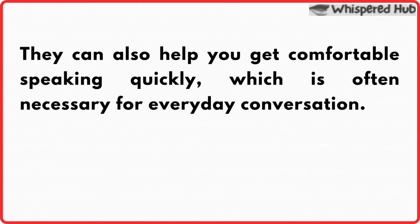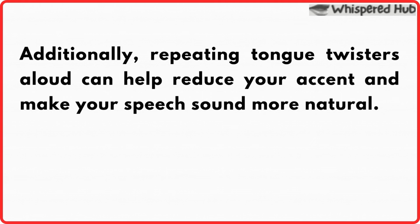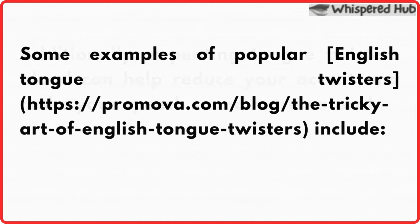They can also help you get comfortable speaking quickly, which is often necessary for everyday conversation. Additionally, repeating tongue twisters aloud can help reduce your accent and make your speech sound more natural. Some examples of popular English tongue twisters: